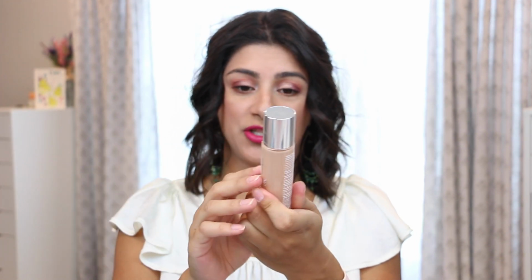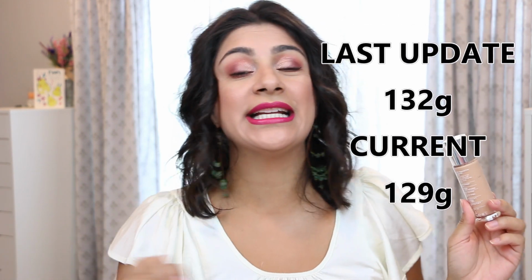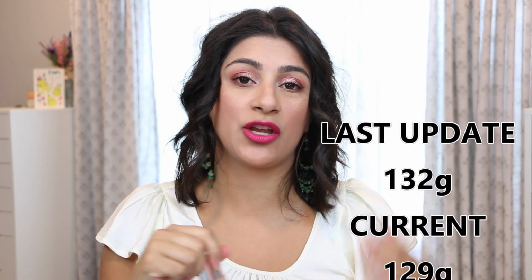I don't like this packaging at all. You might be able to see that there's a bunch of spots here, so I'm probably down to here with this foundation. When I rolled it in, it was 132 grams. Currently it is at 129, so I am using it. I dip in twice on the back of my hand and then I mix it in with my cream bronzer